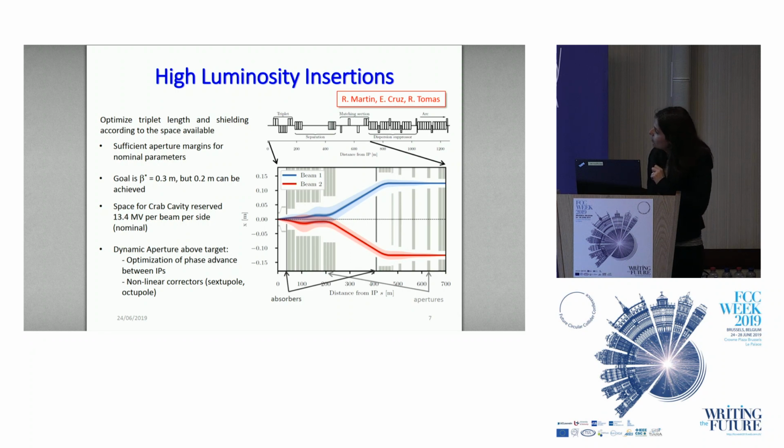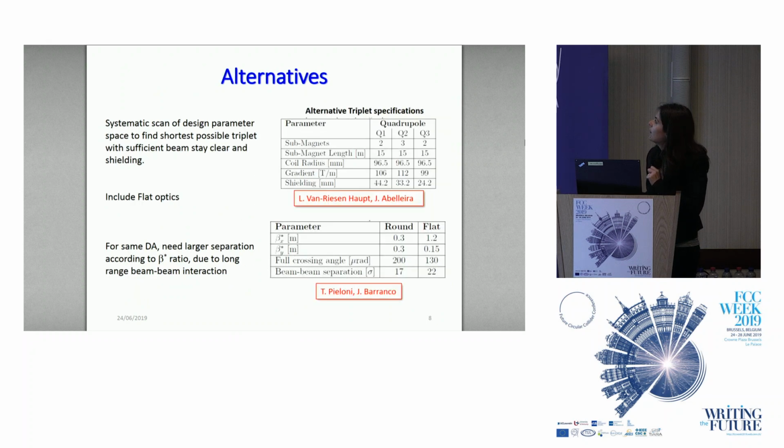Space for cavity is reserved here after the separation dipoles, and a maximum voltage of 13.4 megavolt has been estimated to be required. Dynamic aperture is above target if a good phase advance is chosen between the 2 IPs, and nonlinear correctors are required, above all for very pushed optics. An alternative triplet has also been studied